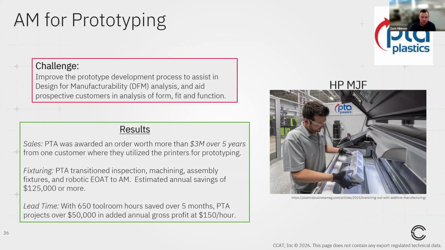They were awarded a $3 million order over 5 years from one customer where they were able to utilize those printers for prototyping. They've since transitioned all of their inspection, machining, and assembly fixtures, as well as the robotic end-of-arm tooling, all to additive, and they estimate their annual savings at about $125,000 or more for that. And by implementing additive, they've inadvertently freed up 650 tool room hours that they measured over a 5-month period. So they're estimating a $50,000 additional annual gross profit just based off of saving that time in the tool